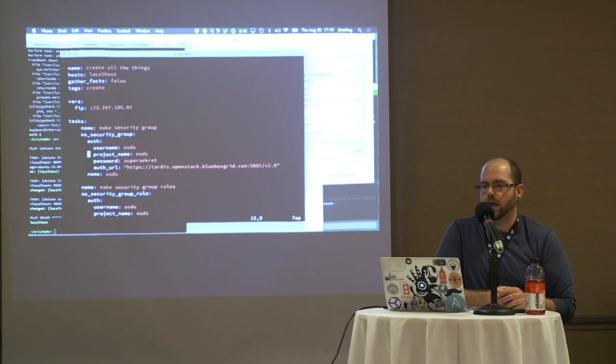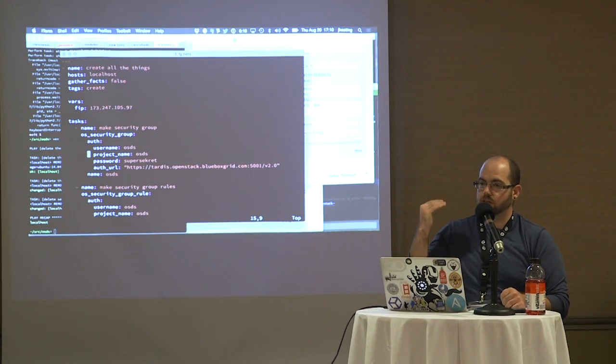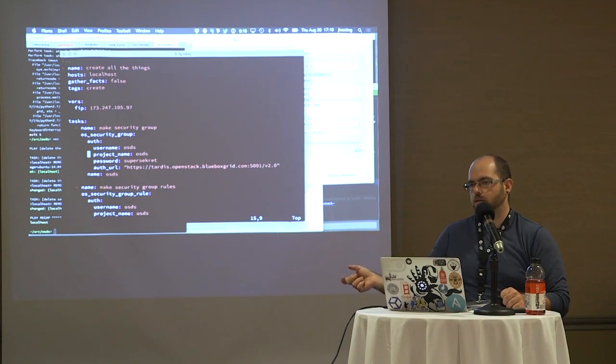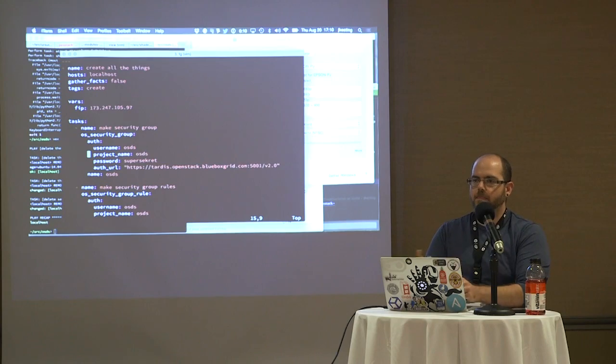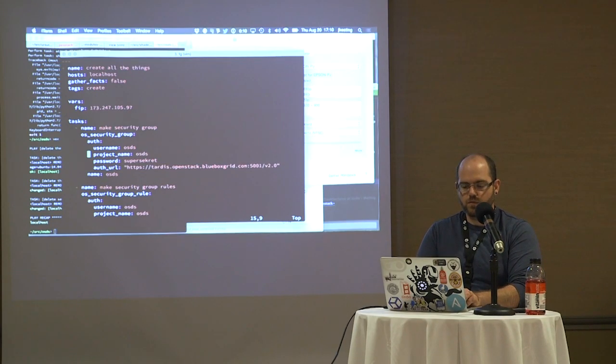It does. The way Ansible works, it will attempt every single task unless there is a conditional that tells it not to do that. Or you say run these tags. Yeah. So if I run this again,